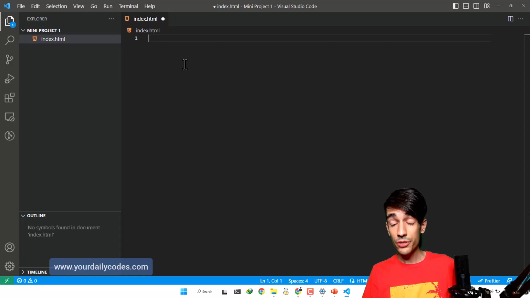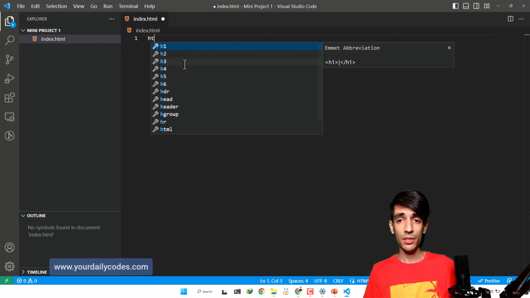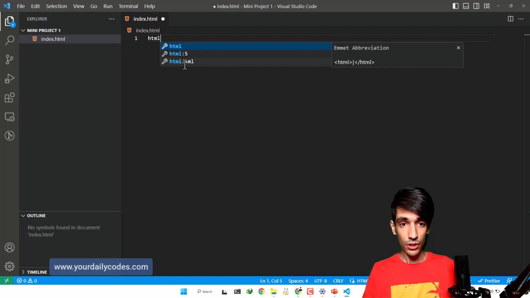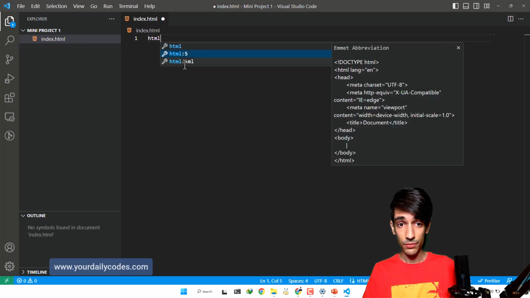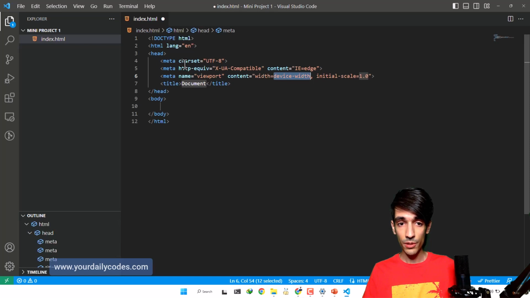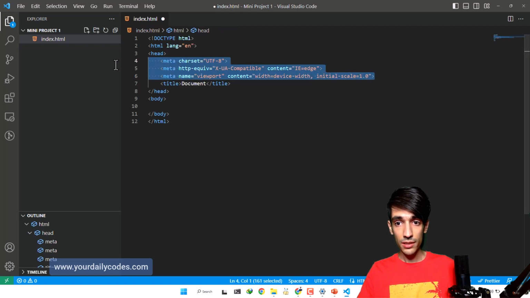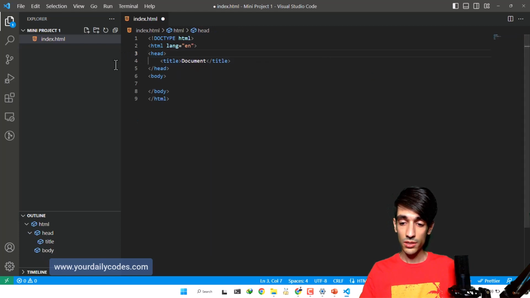So as I told you, we need to have the doctype, HTML, head, body, section every time. If we're going to write that every single time, it becomes a bit annoying, so we have a shortcut for that. When you write HTML in VS Code, in the second option there's HTML5, which creates a structure for us. For now, we know everything in this code except these three meta tags. Let's clean them for now. We will talk about meta tags in the future, but for now we do not know what they are, so I just clean them for the moment.